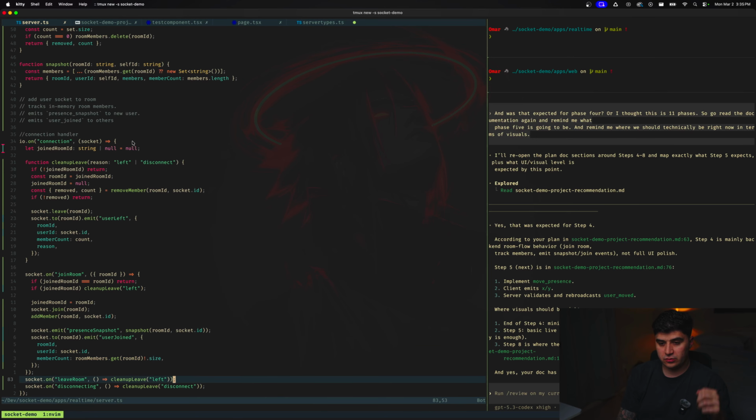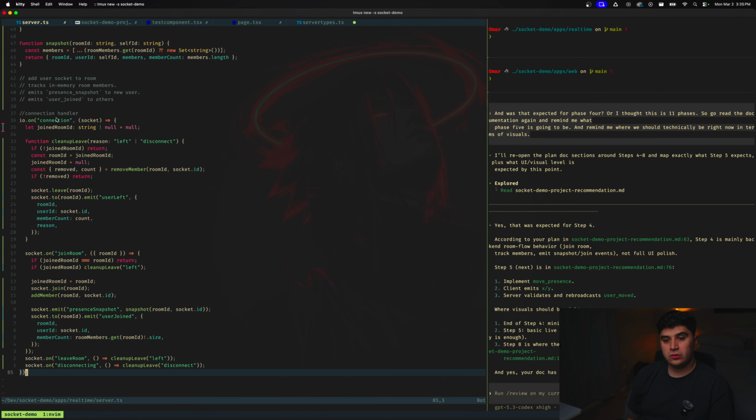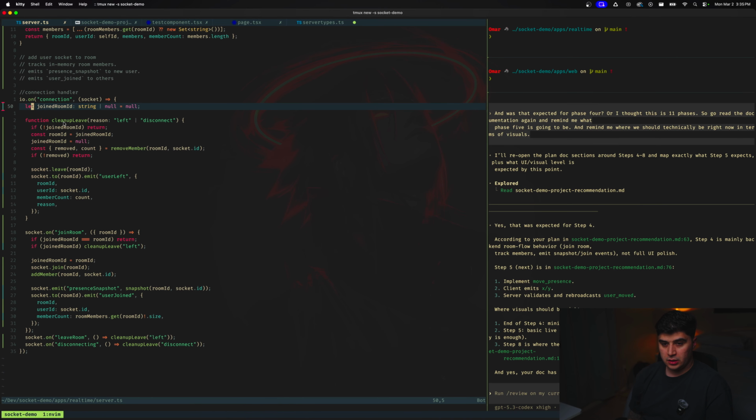And nice, we can see the whole thing here. So we start out with the room, join room ID as a string or null. Again, another very cool use of the TypeScript stuff. In the cleanup, we can either do leave or disconnect. So this is something that I was struggling with here. So if we just skip here real quick